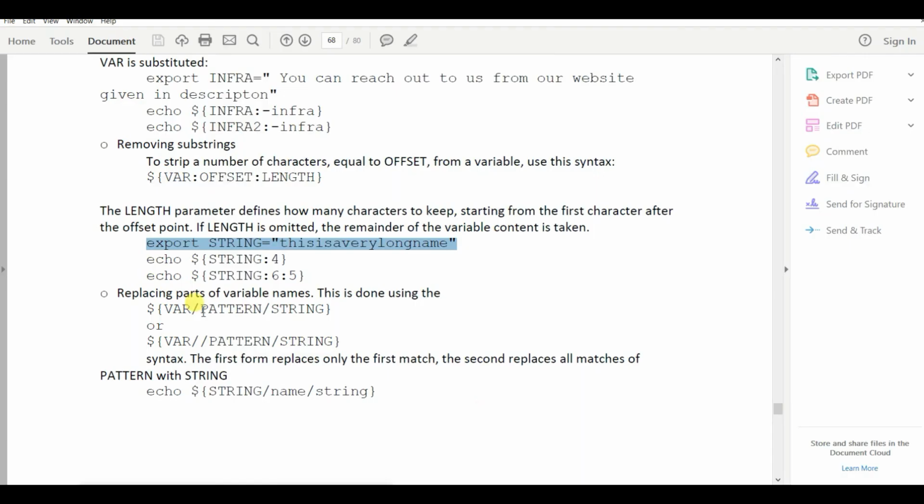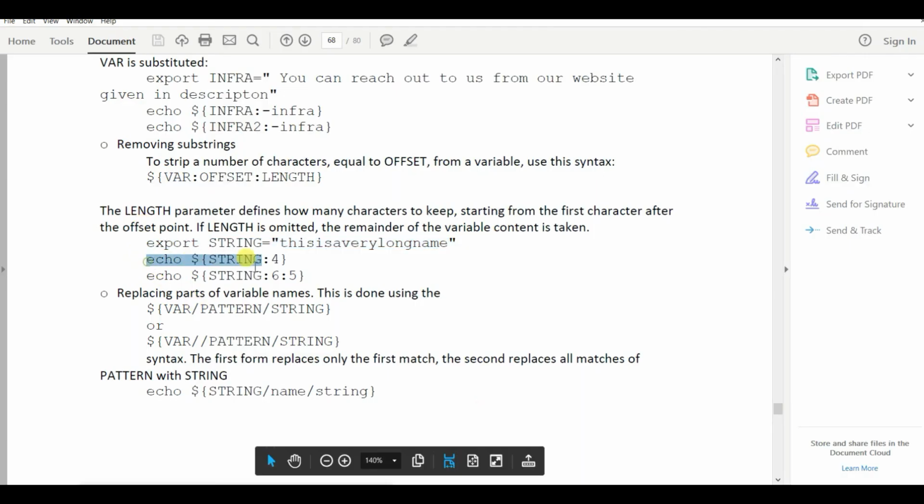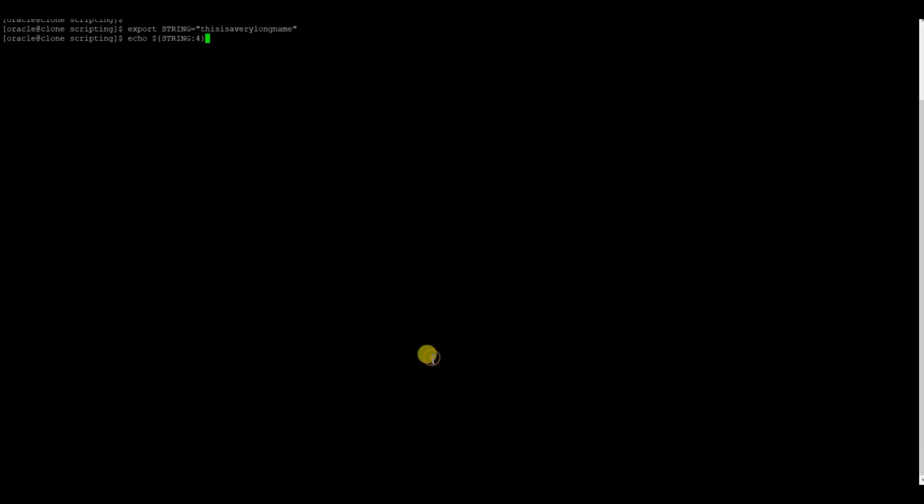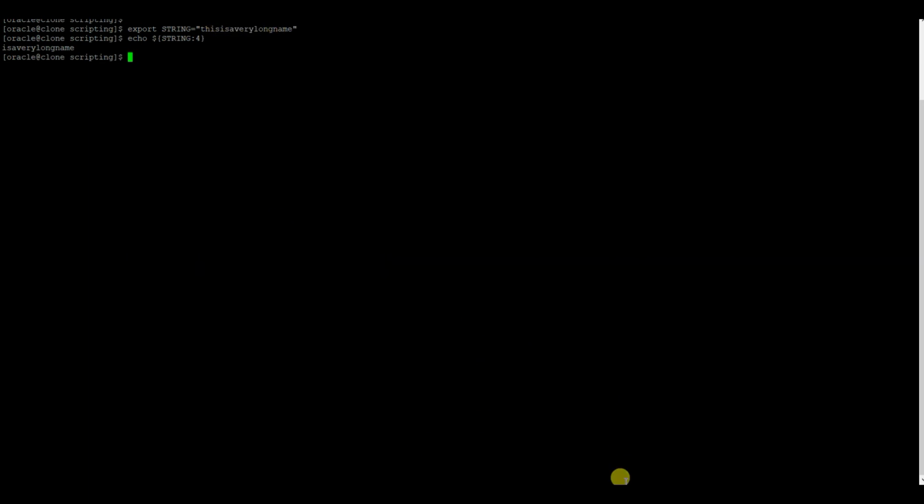Now echo string 4. So echo string 4 does this. What it will be doing is, it will just cut the first 4 characters, and then display the output. So the first 4 characters has been cut, and then from is a very long name has been displayed.